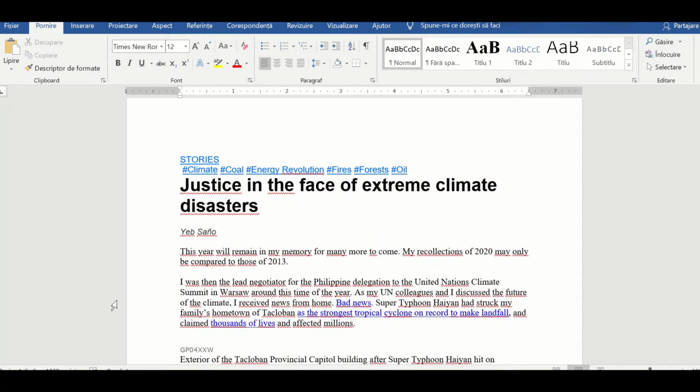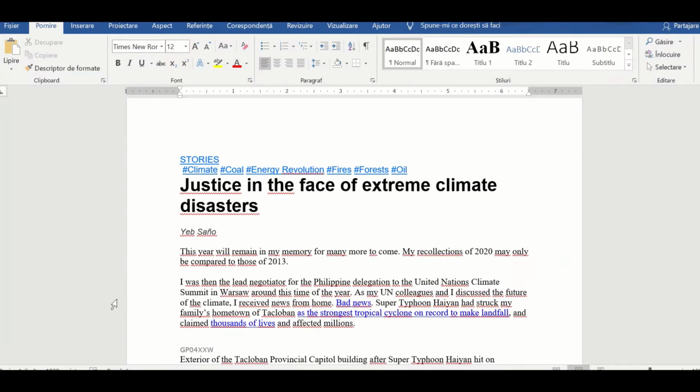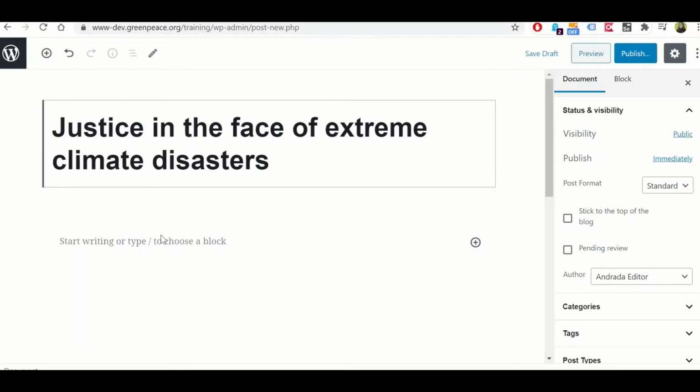I will walk you through. You can create a post by just starting typing in the space, or you can copy it from a Word document, from a Google Doc, wherever you have the material prepared. I will copy right now from a Word document. This is my title. You see here the big space for the title. Then you have